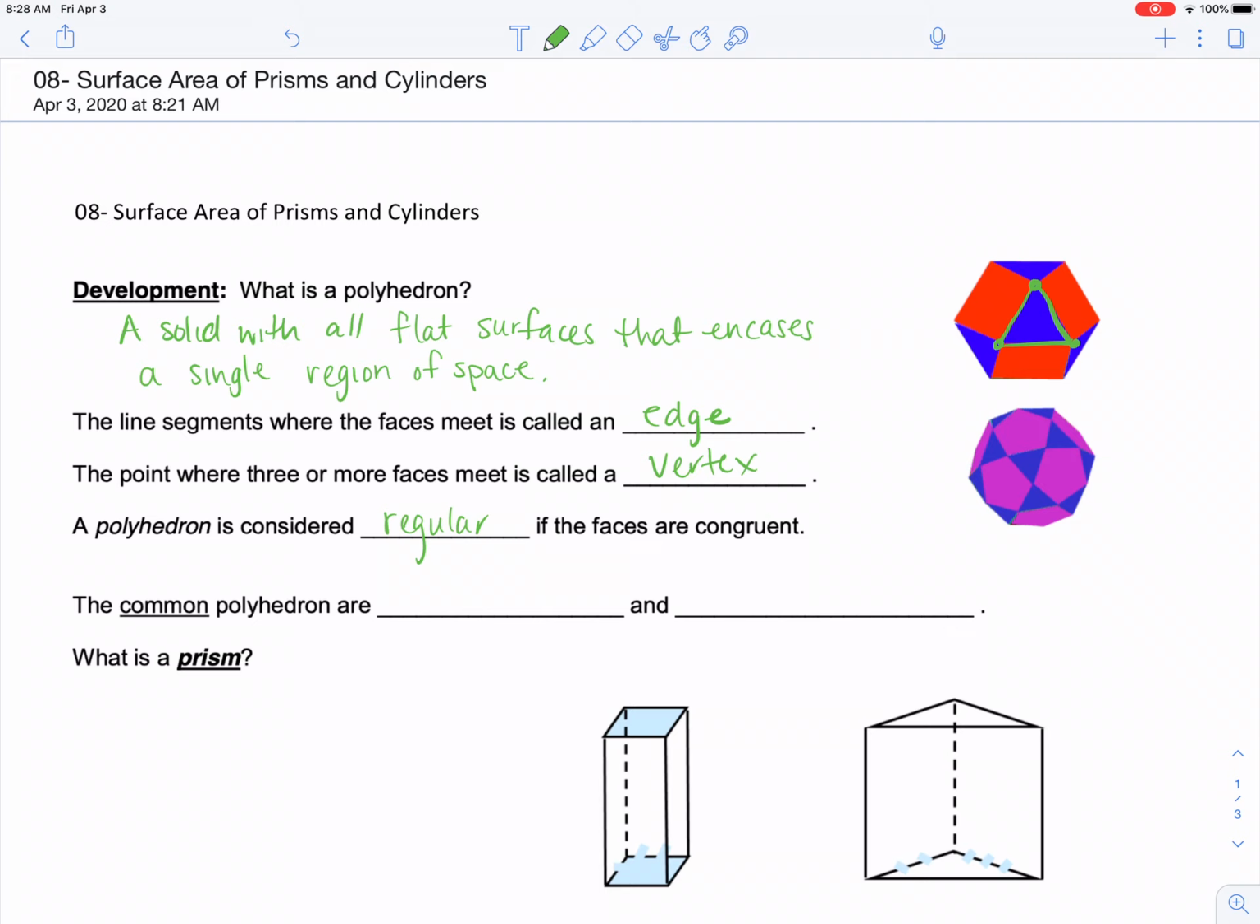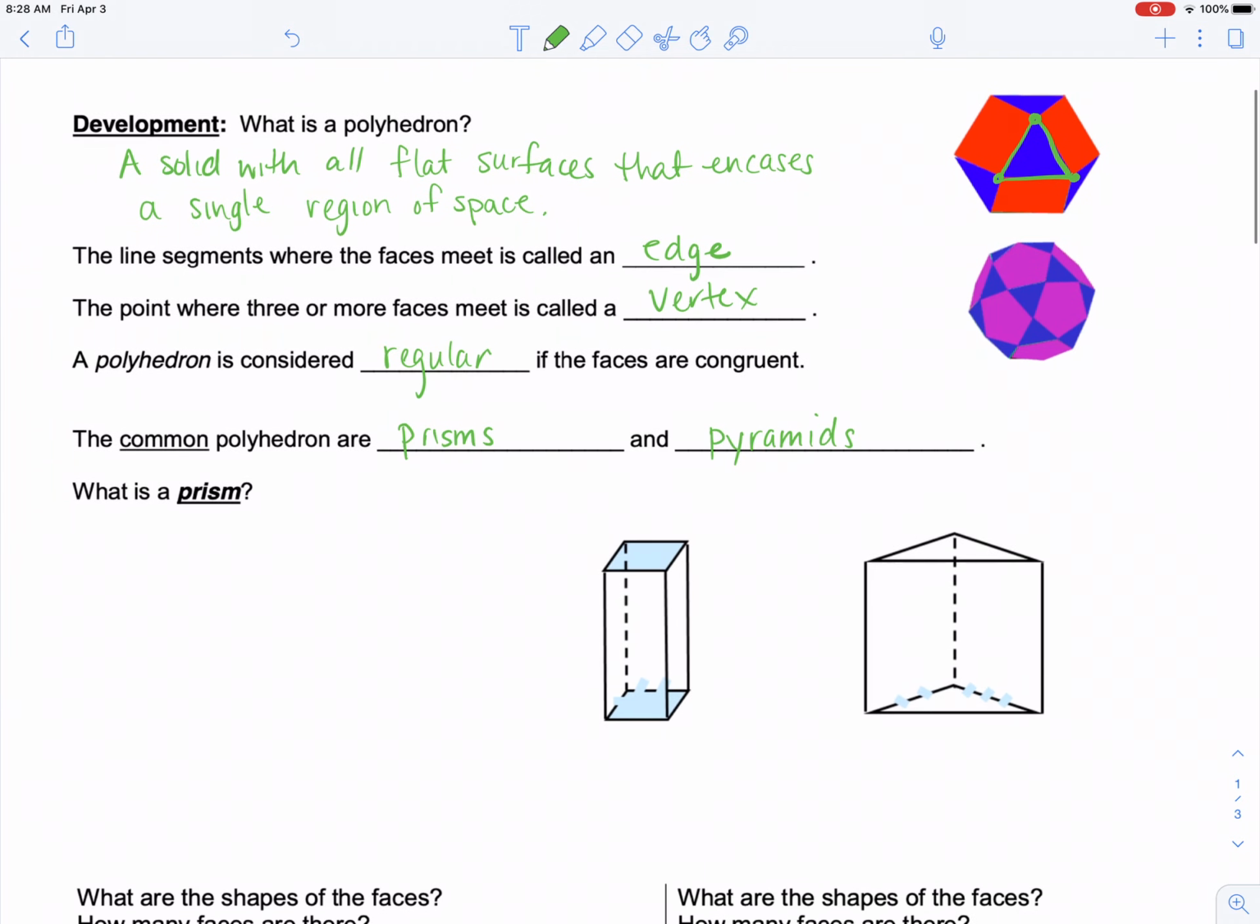That's a term we used back in the polygon topic because there are regular polygons if all the sides are congruent. A polyhedron is a regular polyhedron if all the faces are congruent, all have the same area. The common polyhedra are prisms and pyramids, which we've been discussing in terms of volume and density. What is a prism? A prism is a 3D figure